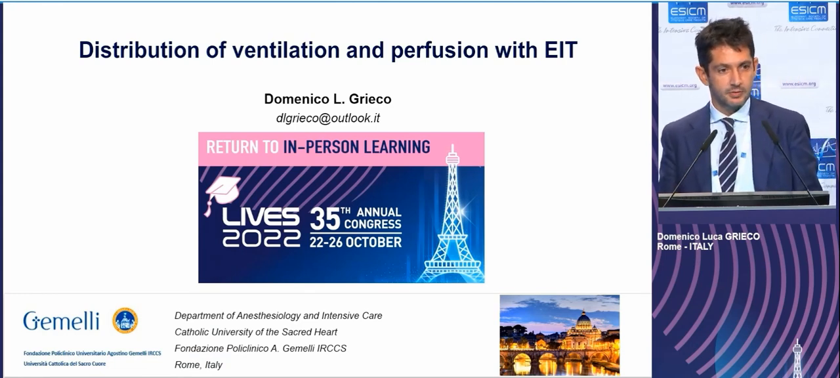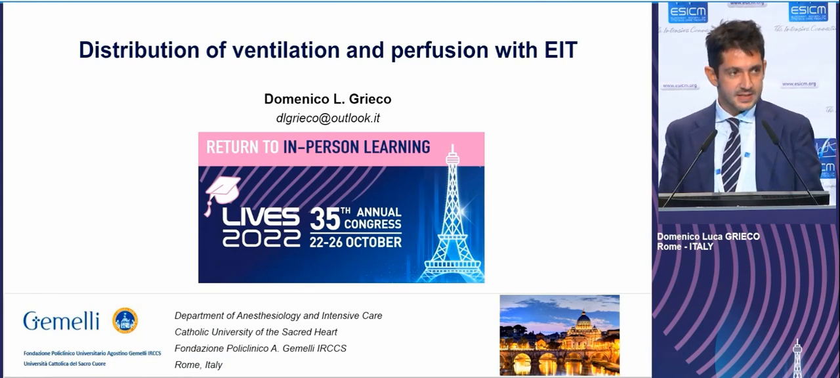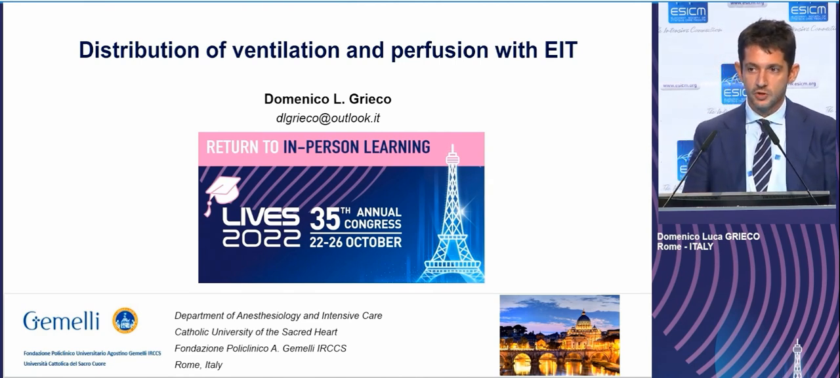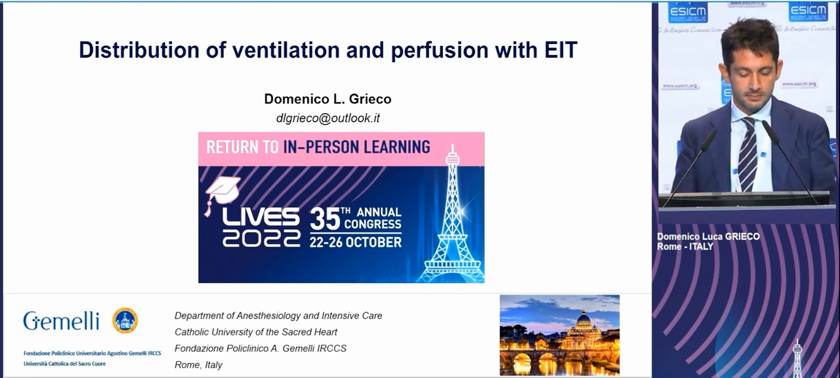Electrical impedance tomography in assessing ventilation and perfusion, mostly in patients with ARDS, in which this technique has a major